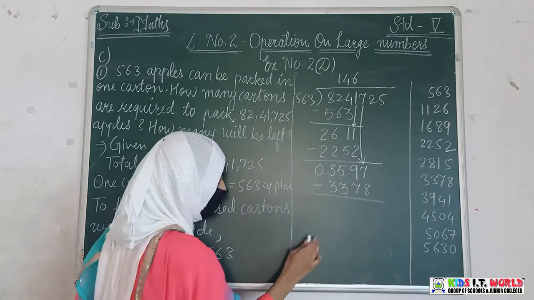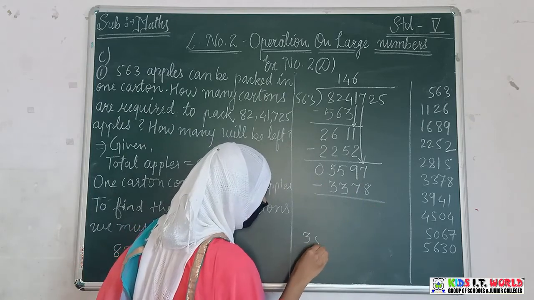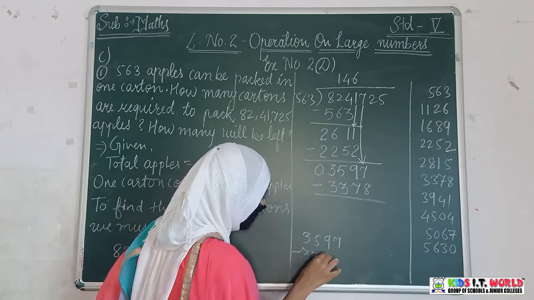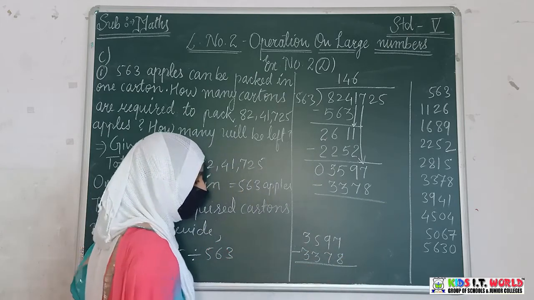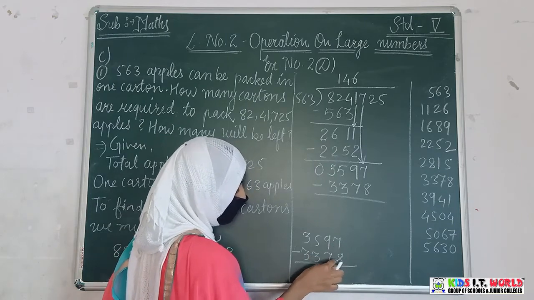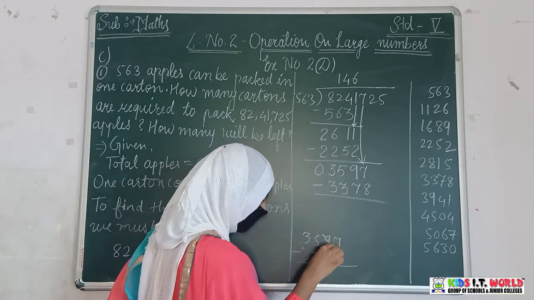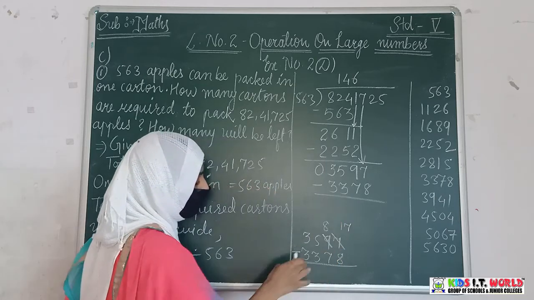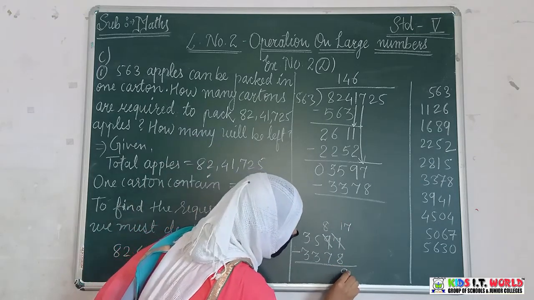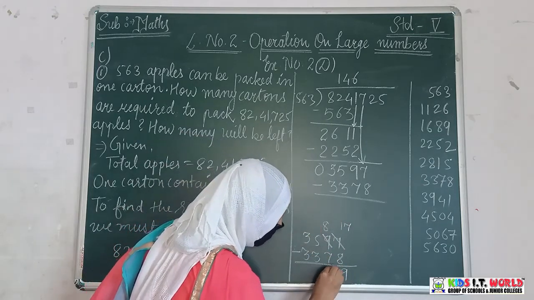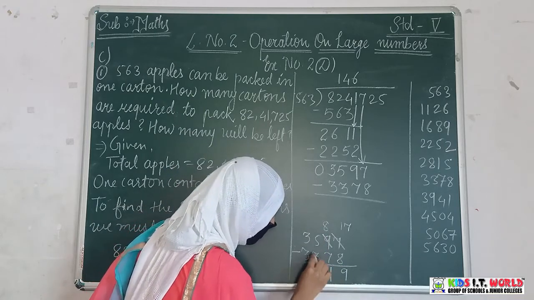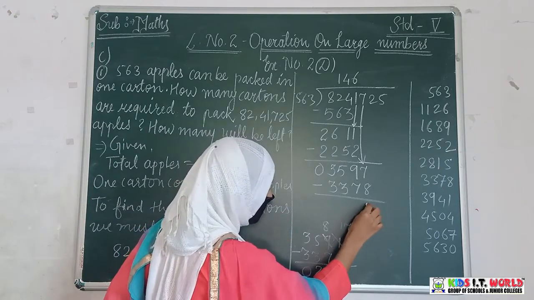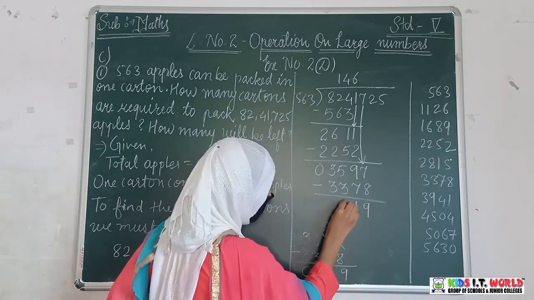Do the subtraction in the rough box. Again we will write here 3597 subtracted with 3378. Do the subtraction here. Again 7 minus 8 is not possible. We have to borrow from other number. We will take it from here. So it will be 8 and this will get 17. 17 minus 8, it is 9. 8 minus 7, 1. 5 minus 3, 2. 3 minus 3, 0. Write down the answer here. Start writing from the ones. So it is 9, 1, 2, 0.